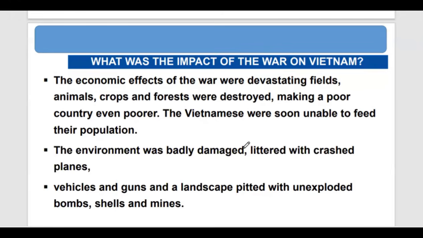unexploded bombs. The bombs that were planted, which were not exploded, had ripple effects on the way of life of people. People could not move freely, for they would step on those unexploded bombs that were set as traps by either side during the war. So at the end, everything was disturbed. The way of life was disturbed.